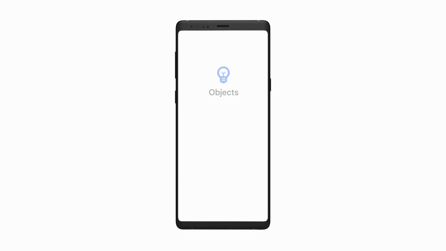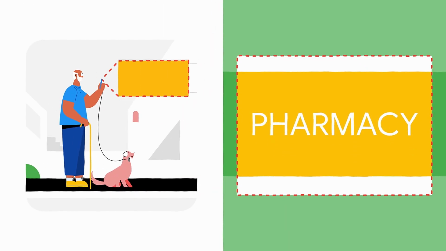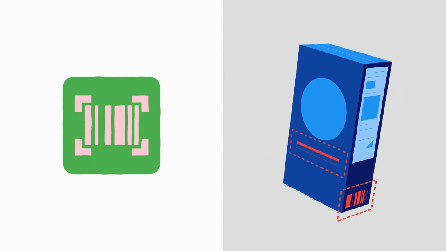Lookout from Google is an Android app that helps people with visual impairments better engage with their surroundings. Lookout recognizes and describes details about objects, images, and text. Using your phone's camera, Lookout can help you efficiently complete daily tasks, like reading documents, sorting mail, putting away groceries,